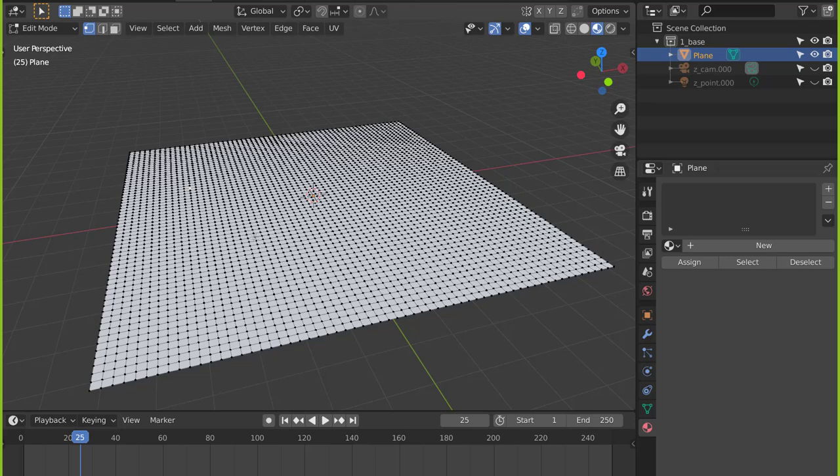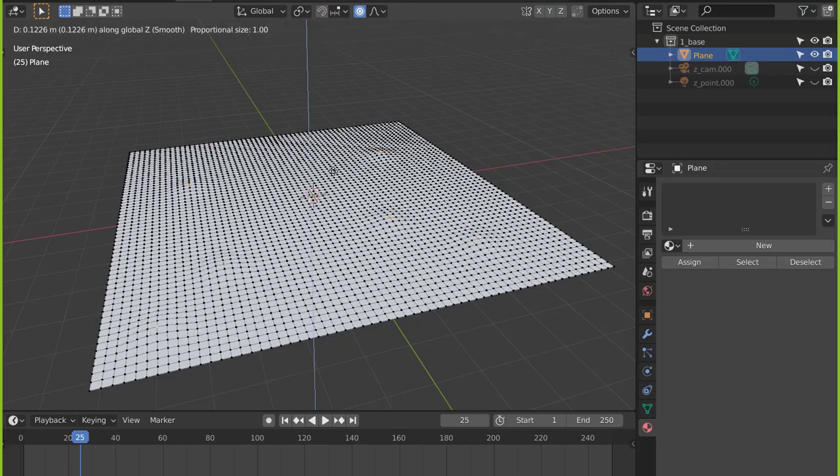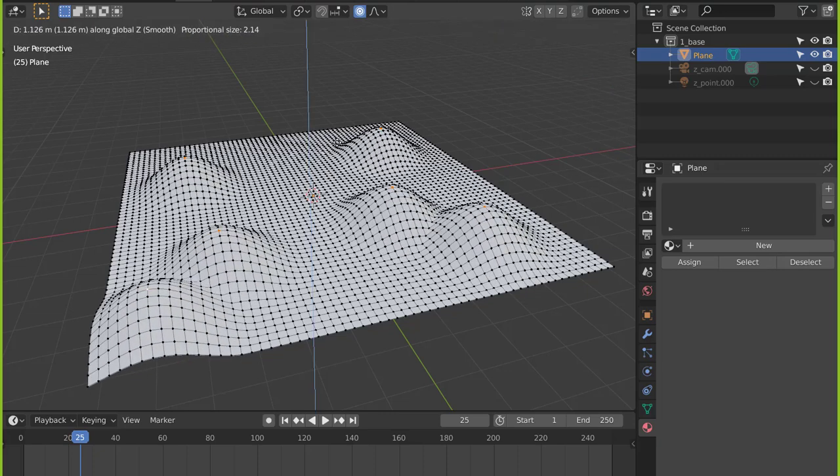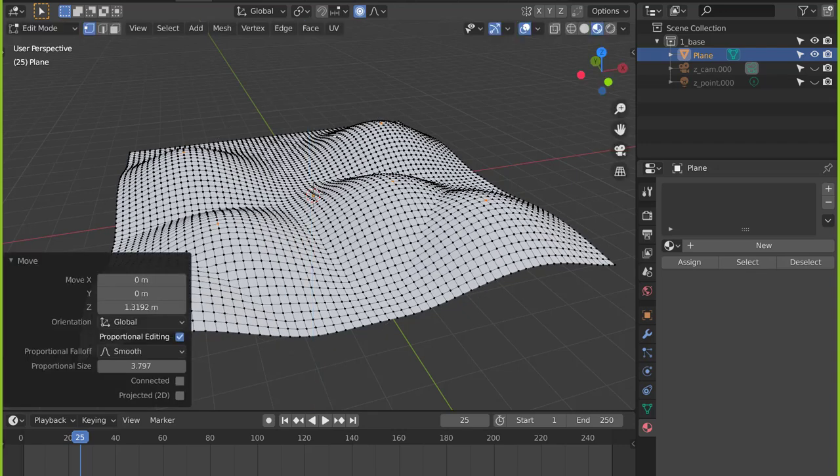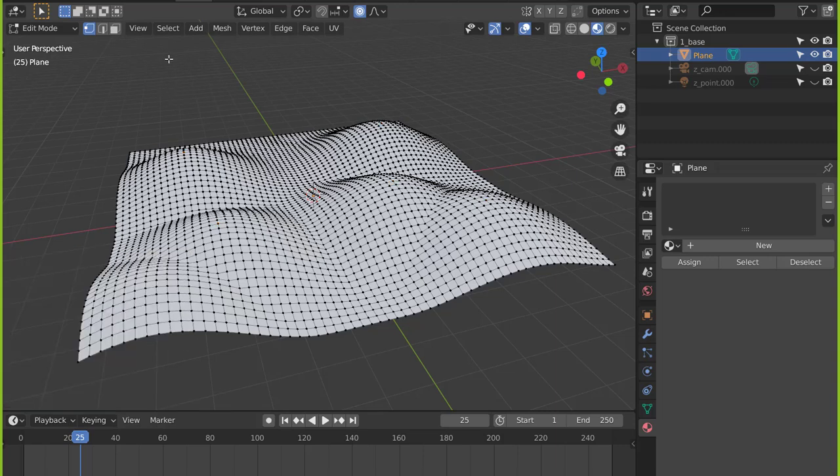I'm in vertex mode. You can see the little dots at the vertex locations. One vertex, two vertices. And let's go to proportional editing up here, or just hit O on the keyboard, and select a range of fairly random verts and G Z. Then I'm going to